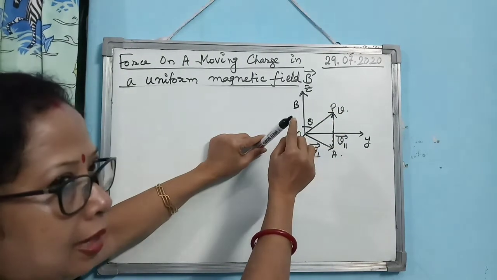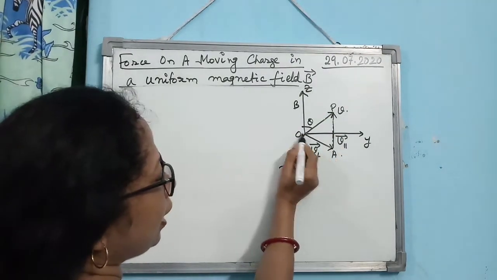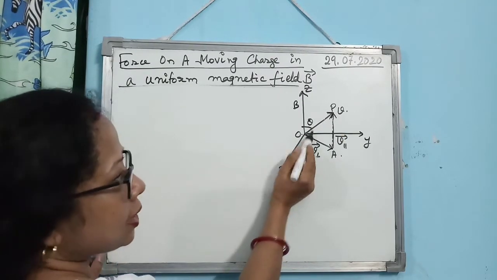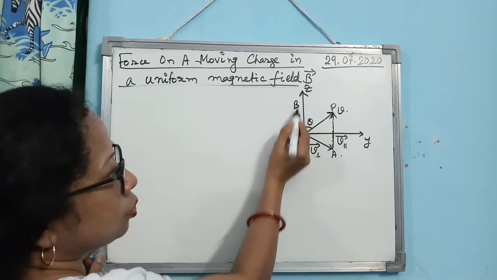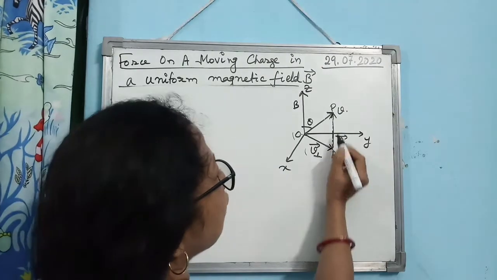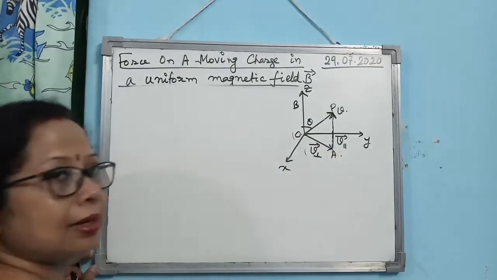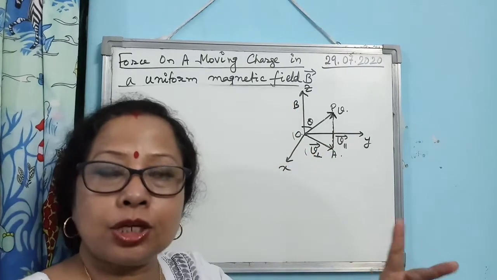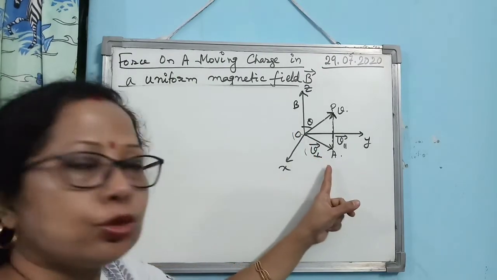From the end point, you drop a perpendicular on the xy plane. So I can break v into two components. Just look at this one. Apply the triangle law: OA is perpendicular to B, so I have named it V perpendicular. Now consider the other component AP. AP is parallel to B, so I have named it V parallel. So you can break V into two components: one parallel to B, another perpendicular to B.